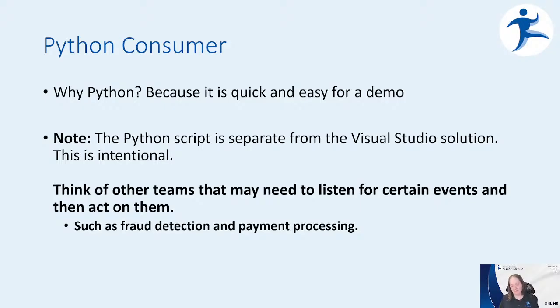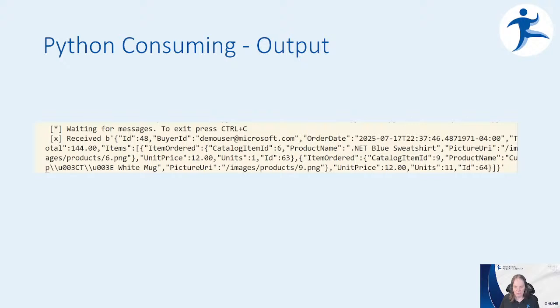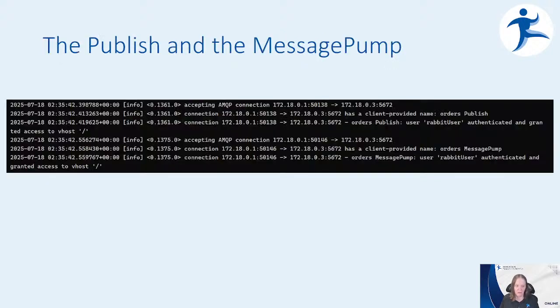And when I think about it from like a shopping perspective, fraud detection is typically not done in C#. Payment processing done in C# might be done in other languages. The language shouldn't matter for your consumer. Okay, we've got the Python code. We'll look at the code here shortly. Output, you will see in Visual Studio Code.